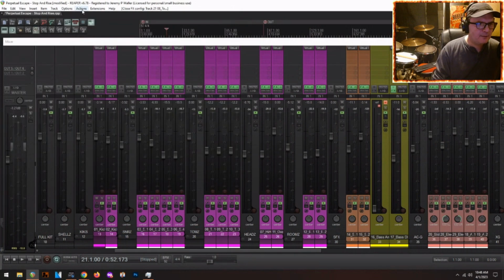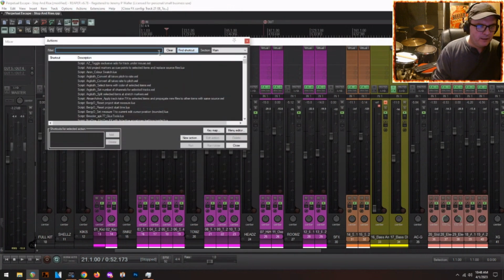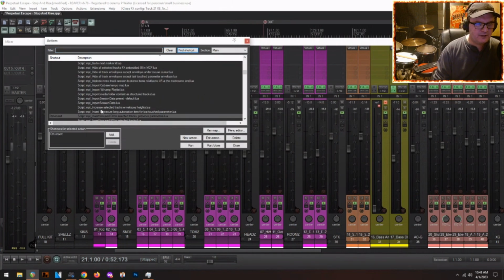The way to set that up is to go to your Actions menu, and I'll show you where it is. It is a Lua script. You go to RIA script and Google it, download all the free RIA scripts. They are awesome. This one is in the Lua script,